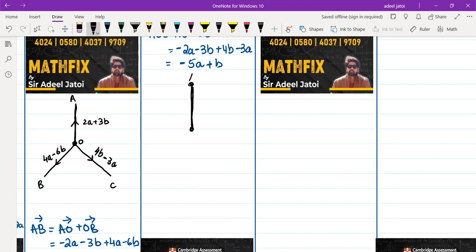A. This is your point B. Let's say this is your point C. This was O initially that we found out. So let's create a line from A to B, B to C,